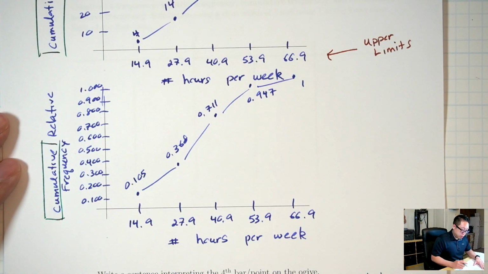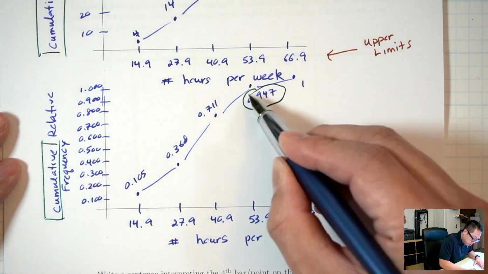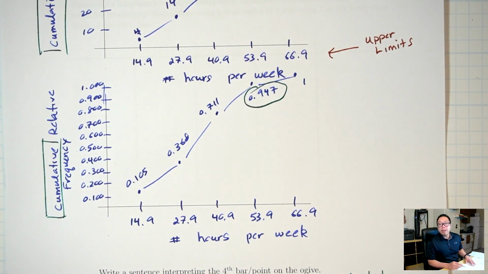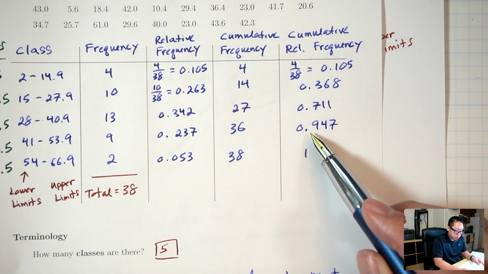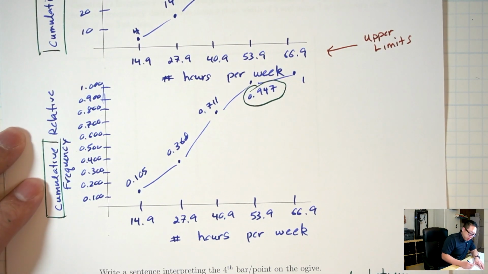The next one is the 4th point, 1, 2, 3, 4. This 0.947. Anytime we're talking about relative frequencies, convert it to a percent. So that's move the decimal 2 to the right. That's 94.7%. So 94.7% of students